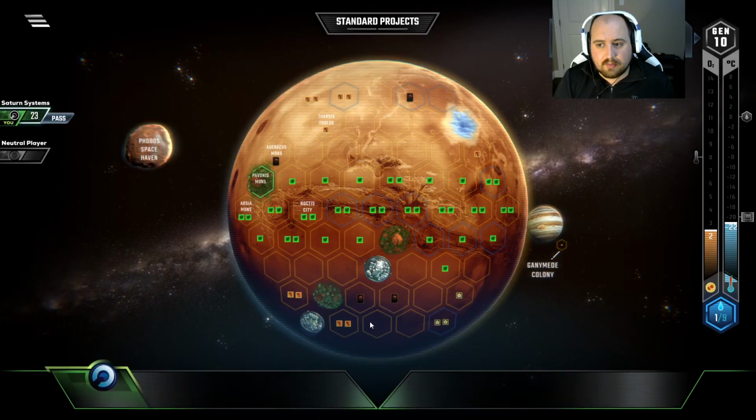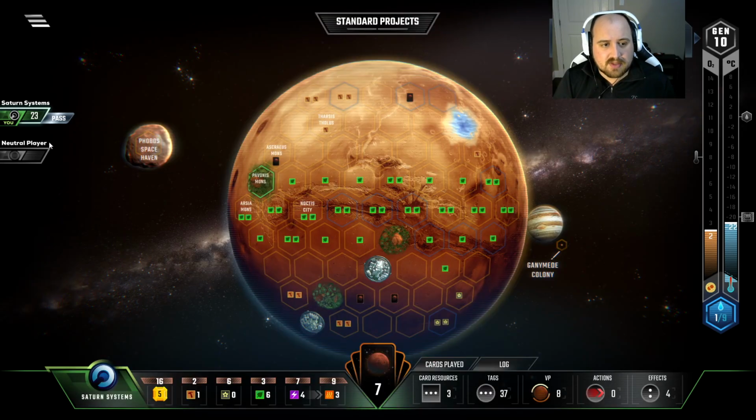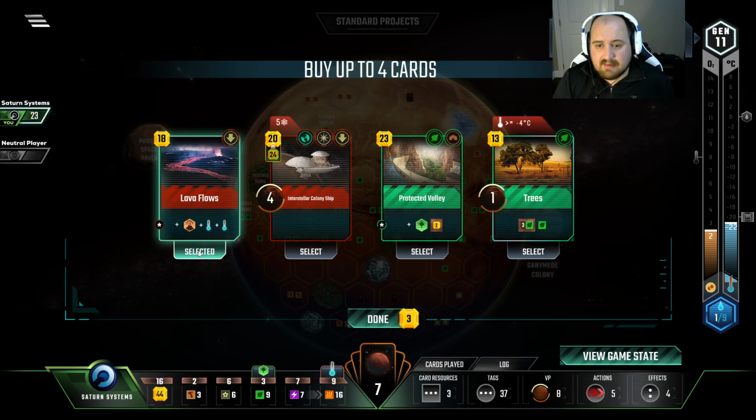And then we'll get another microbe right now. We have a bunch of... We have 2 heat bumps next turn, which is really nice. Generation 11. Lava flows is going to help. Protected Valley and trees are